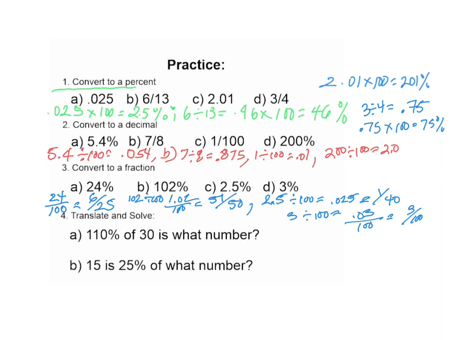First one to translate and solve says 110% of 30 is what number? So I'm going to convert that to a decimal first of all. 110 divided by 100 equals 1.1. We don't know the number. We're going to call it x. And it equals 30. So 1.1x equals 30. I divide each side by what's in front of the x. And I get